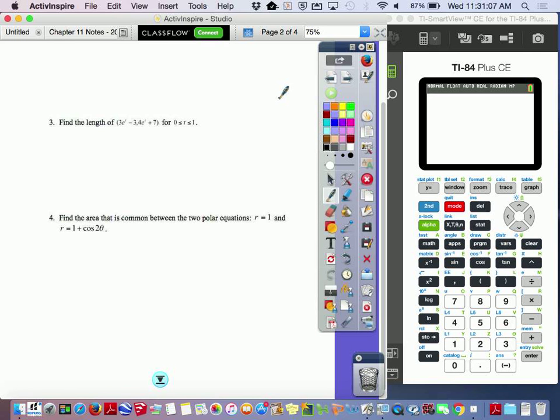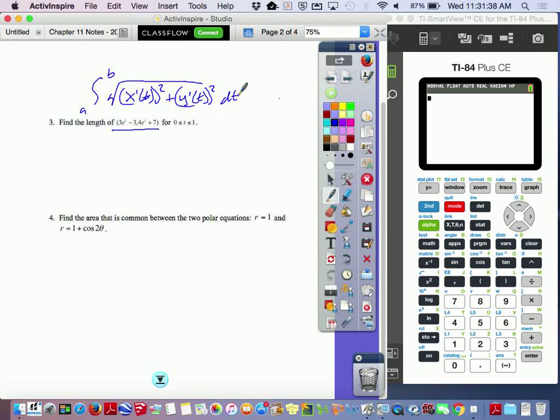Okay, number 3, it says find the length of 3e^t − 3, 4e^t + 7 for t between 0 and 1. So this is an arc length question. And we also know that since we have parametric functions, we've got to use the formula: integral from a to b of the square root of x'(t) squared plus y'(t) squared